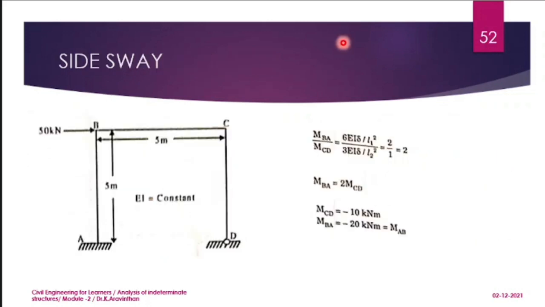So next, this is the additional step you have to do when you are solving the sway oriented problem. The title will be side sway. How to assume the side sway moment? BA and CD are the two members which will be taking the horizontal load, and due to this horizontal load you will have moment. So B to A is one member and C to D is another member. These two are the vertical members which are going to take the side sway.